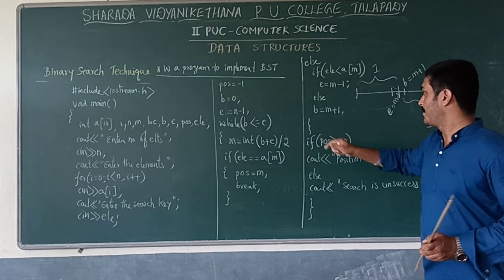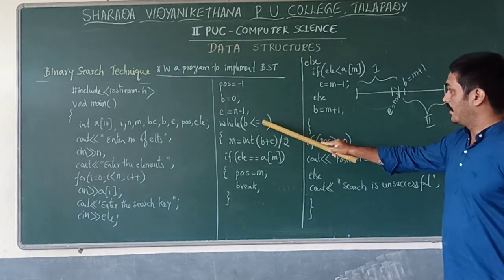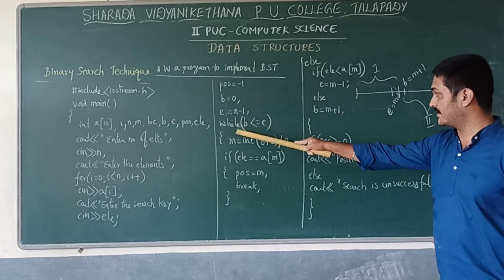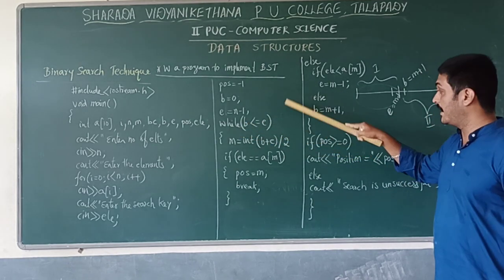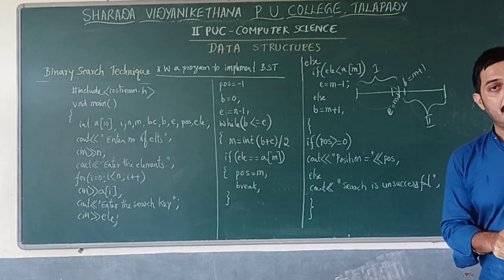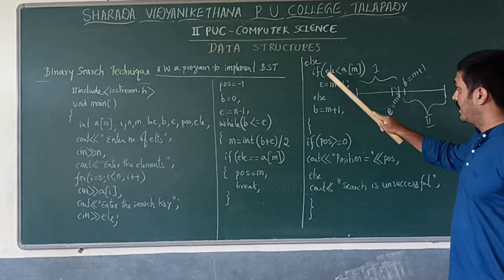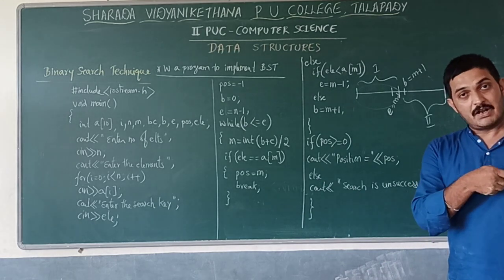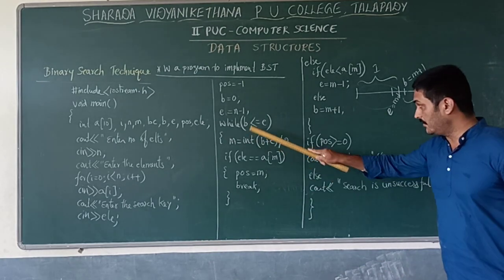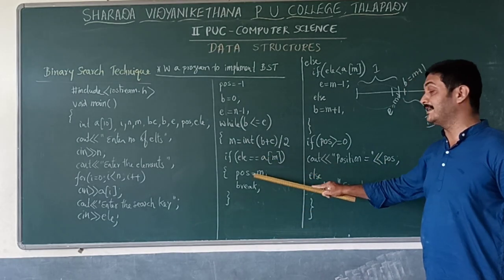Here we are going to come out of the loop, and if so, what happens? If this case is not proper, again and again it will execute the same set of instructions. Just we are using B is less than E. Again we are using the same set of instructions. Here also, again we are finding the center element, and center element is compared with the search key. Again we have to reallocate the location of the first element, location of the last element, and location of the middle element. So this process will continue like this. If in any case it is equal to the center element, then only it will come out of this